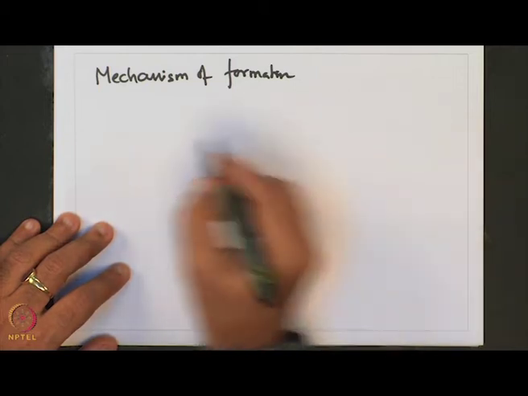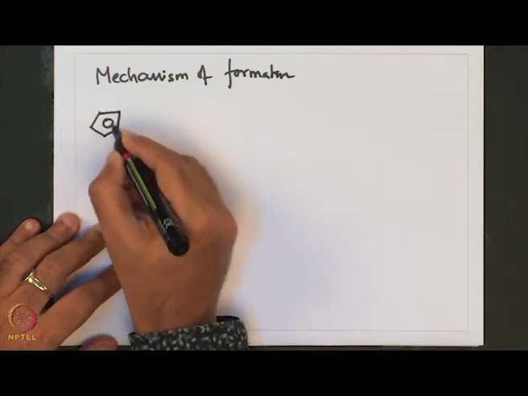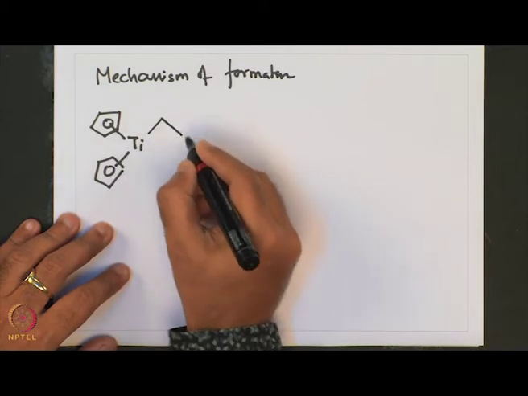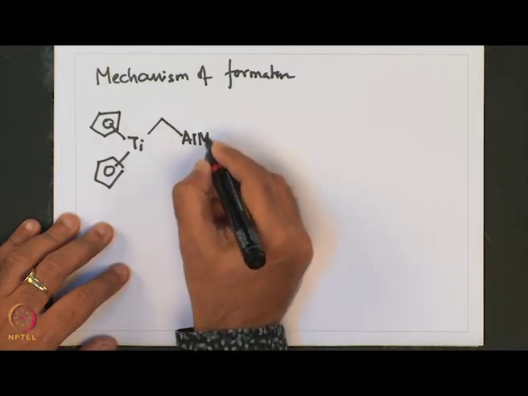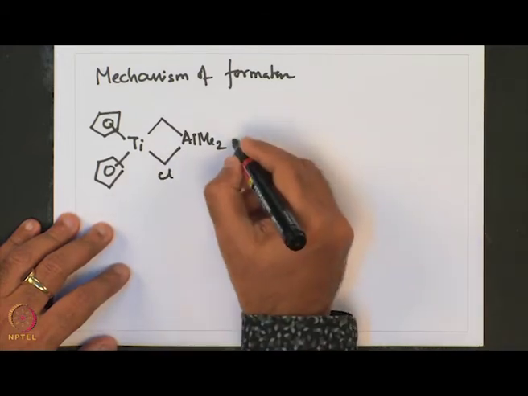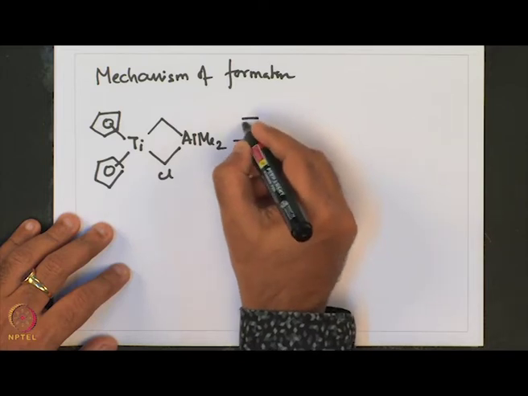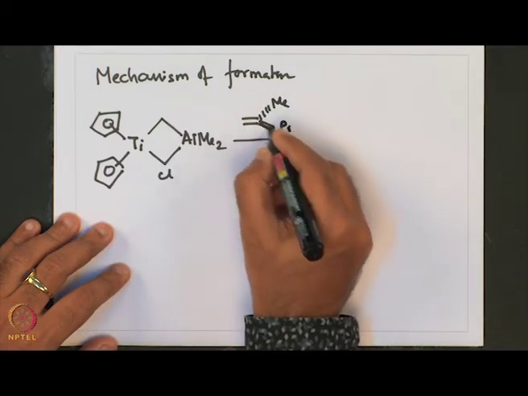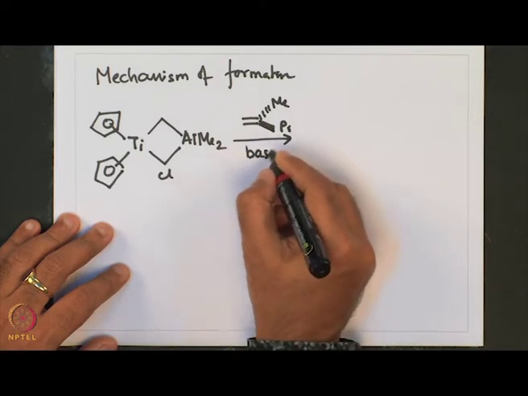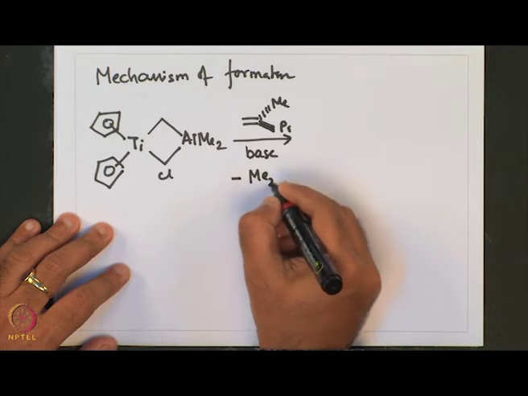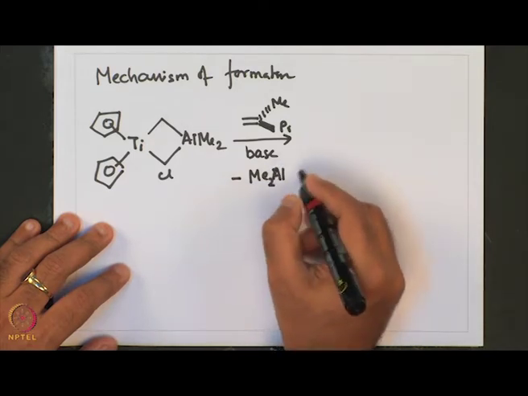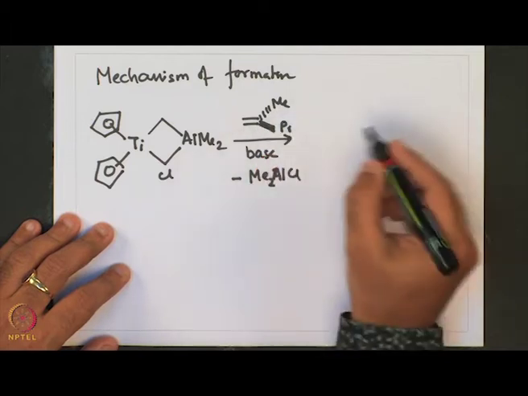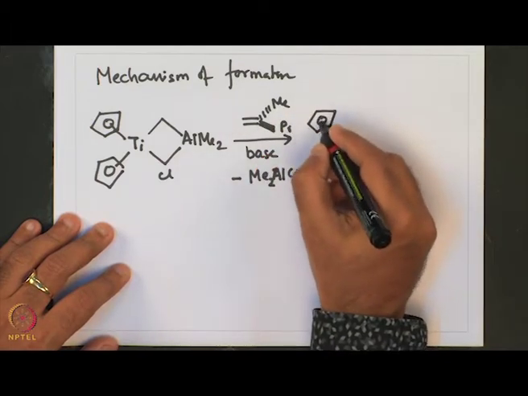Now, we are going to see the mechanism of formation that is discussed over here, of metal carbene species from Tebbe's reagent. For example, this Cp2 titanium CH2 AlMe2 with chlorine bridge reacts with an olefin in presence of base and minus Me2AlCl, which gives the carbene, and the carbene then adds on to this olefin to give this metallocycle